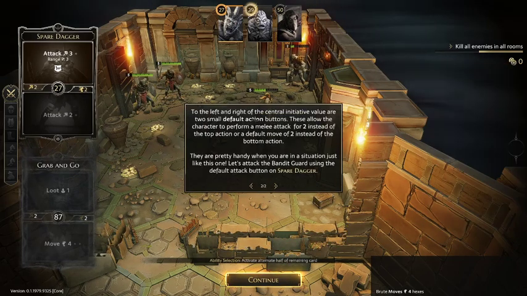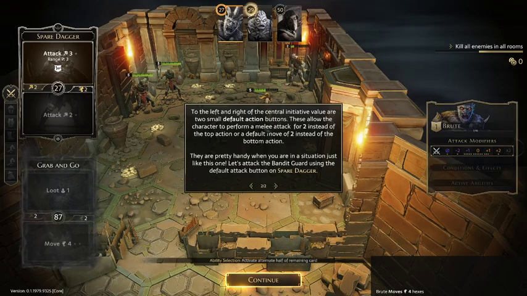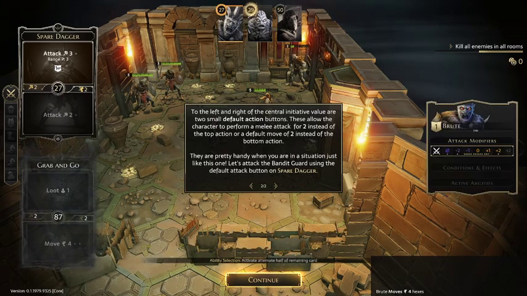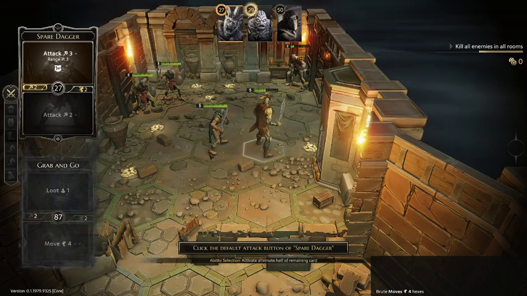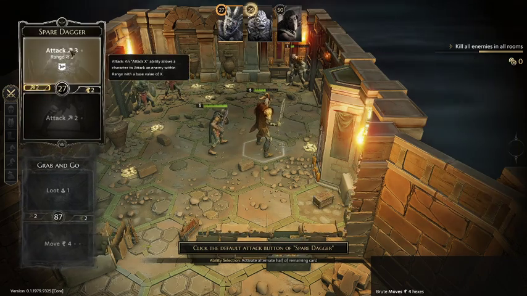To the left and to the right of the central initiative are the 2 small default action buttons. This allows the character to perform the melee attack for 2 instead of the top action, or default move of 2 instead of the bottom action. They are pretty handy when you are in situations just like this one. Let's attack the bandit guard using the default bottom spare diamond. So this is the tutorial, but I would probably just move over here and throw the dagger on this guy. I will get more XP and more damage, but